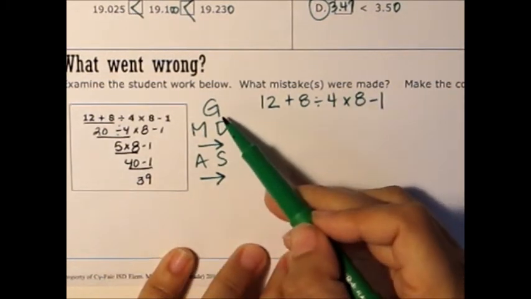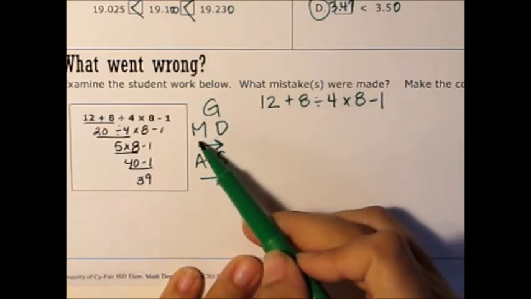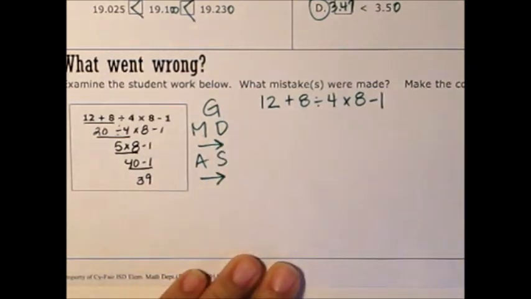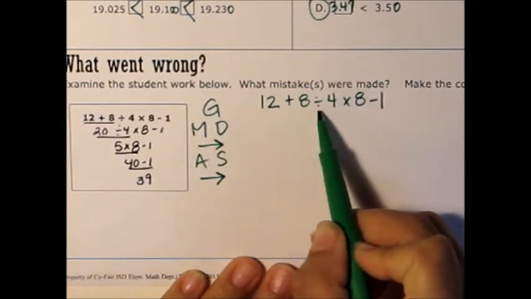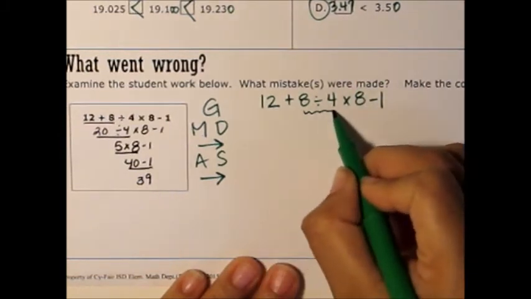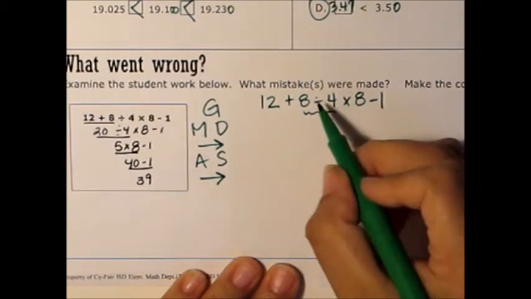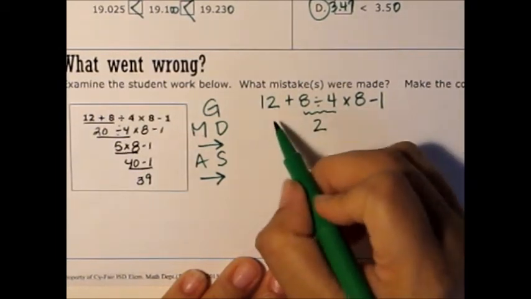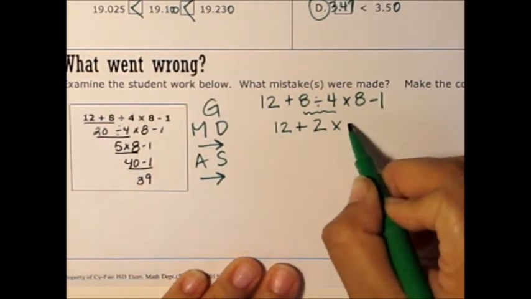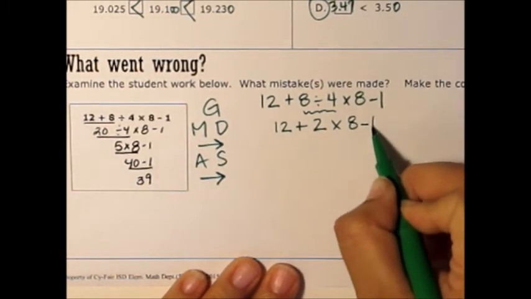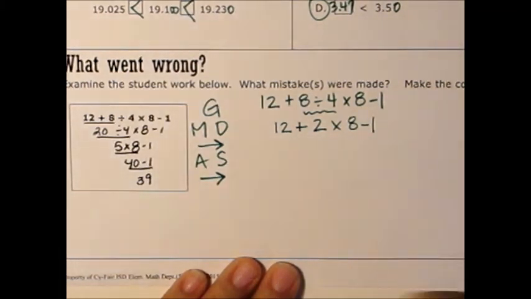I see there's no groupings. I move down. Multiplication and division. Which one do you see first from left to right? I'm cruising along. Bingo. The division. Okay. 8 divided by 4, 2. I rewrite it. Remember, we're doing like our upside down Christmas tree or our pizza slice. We're trying to make that V shape. When we line it up that way, it's less prone to mistakes. So now,